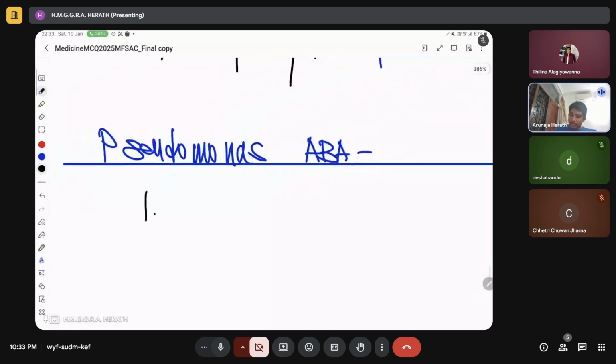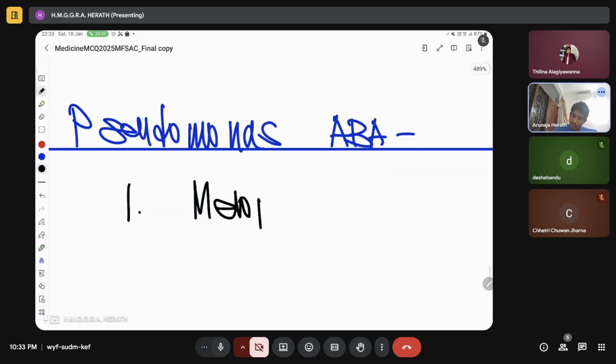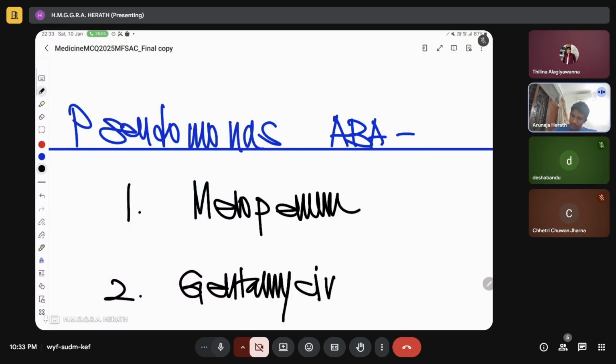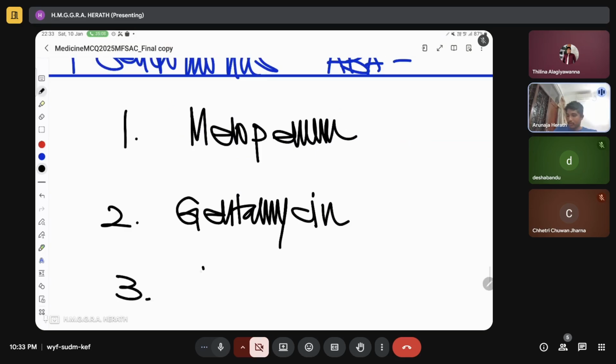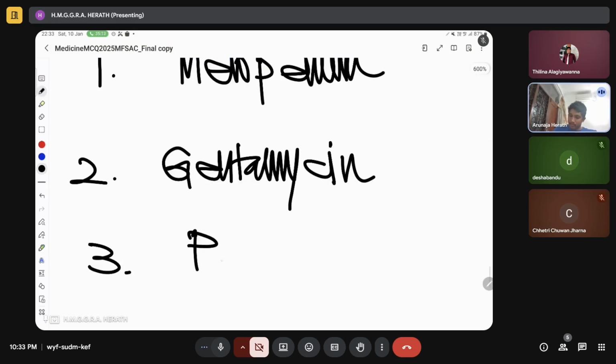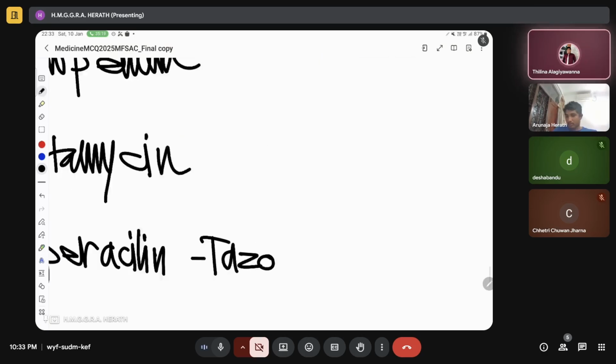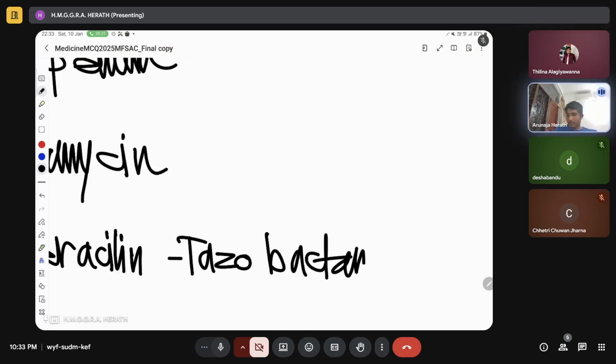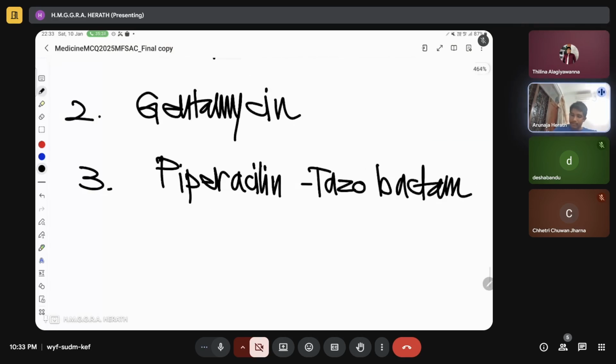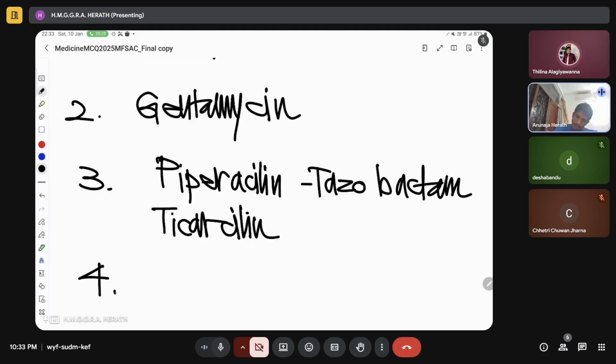Usually the antibiotics are meropenem, gentamicin, Pseudomonas. You can also give piperacillin tazobactam. Piperacillin tazobactam, ticarcillin. And then